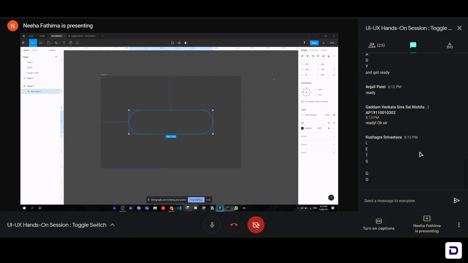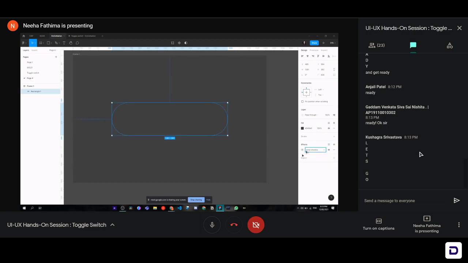So now let's start with the animation. Okay, so to start with the animation, we'll simply select the rectangle and go to our properties panel on the right side and click on effects. Click on the little plus button beside effects. So you can see there's a little bit of subtle effect that you get by default when you click on effects. It gives you a little bit of drop shadow, as you can see. But we will change that now because we need a hollow effect. We will change that now to inner shadow. So we'll click on this drop down and select inner shadow.